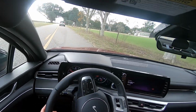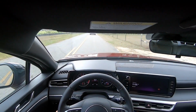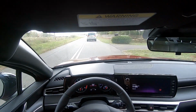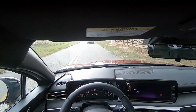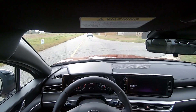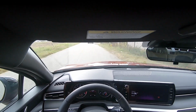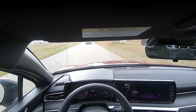Okay, so this is a small acceleration. I don't want to force it too much right now, the car only has 85 miles. At least for the first, I don't know, 800 miles, 1,000 miles, you need to drive it slowly. Not drive it too high, not slam on the gas. The ride quality,